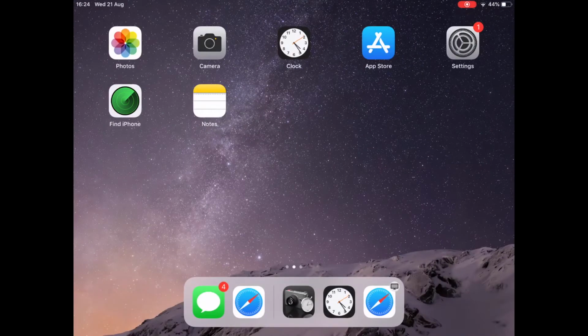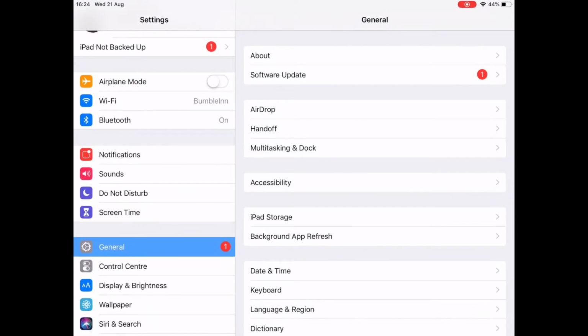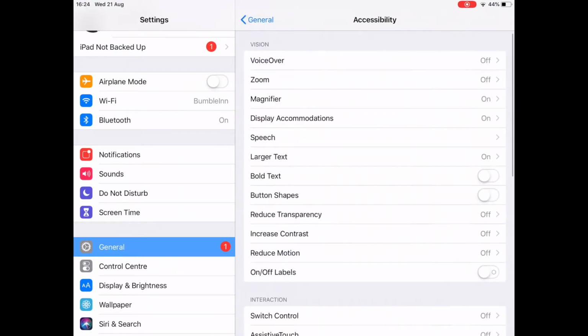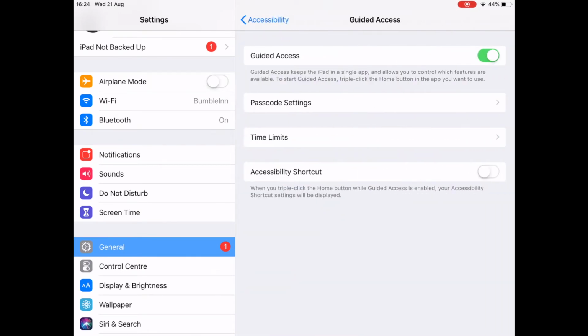Guided Access is a brilliant accessibility feature. Now we can find that in Settings, General and Accessibility. Right at the bottom of the list is Guided Access, the only one under Learning. Now you can see here that I've already got Guided Access turned on, and underneath there's a brief description about